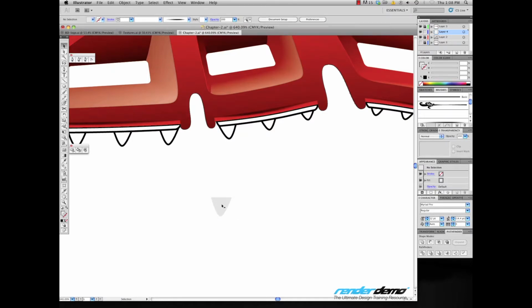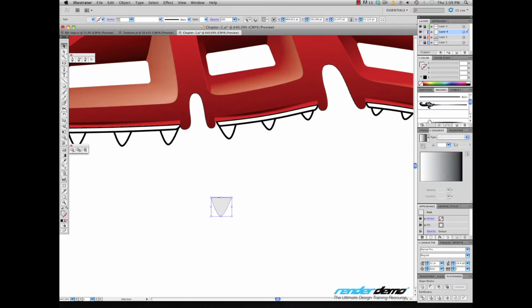And because this is conical in shape, we want to have a gradient on both sides of this. So let's copy and paste in front. So Command C, Command F, and then go to our gradient, and with our fill selected we will click here, which will apply that gradient. Let's move the white to the center, click over here to add another color and change that color to black. So now we get kind of like this highlight, and you can reposition this, and depending on how much of that highlight you want to show,